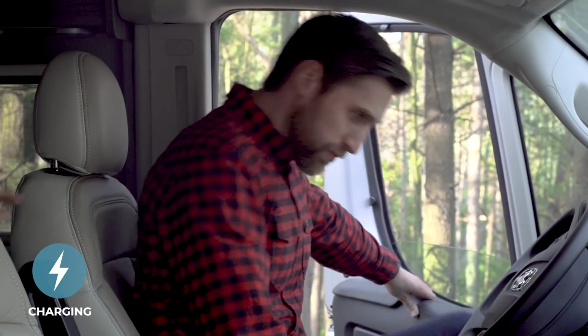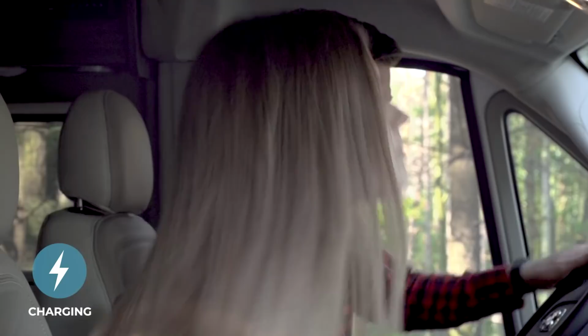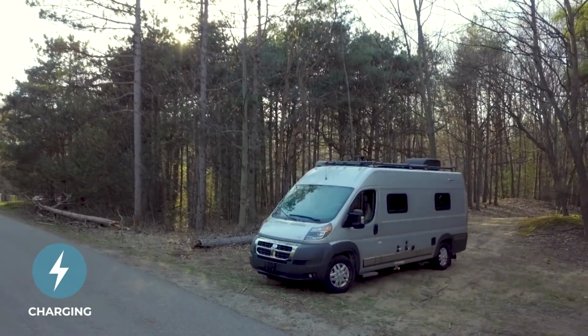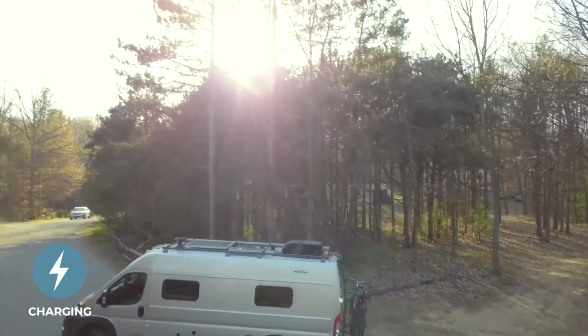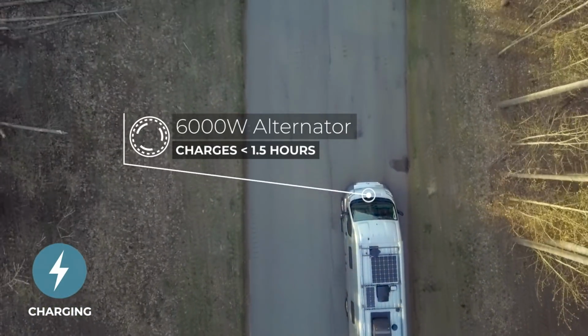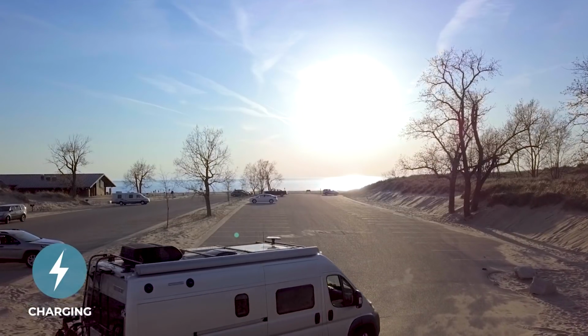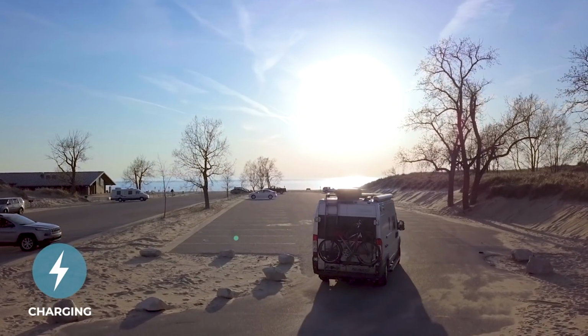Your RV's storage system recharges in 4 ways: driving, idling, solar, or connected to shore power. Charging while driving is fastest because it takes full advantage of the 6,000-watt alternator to charge in less than an hour and a half. You can also set the vehicle to automatically charge in high idle mode whenever the battery